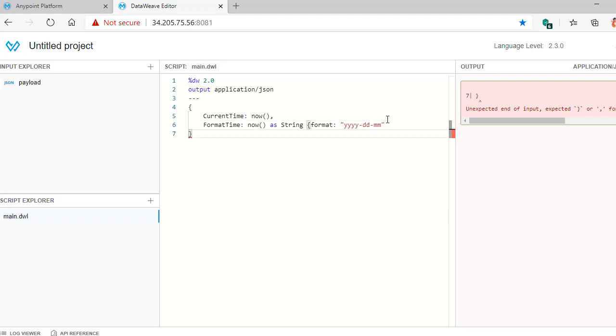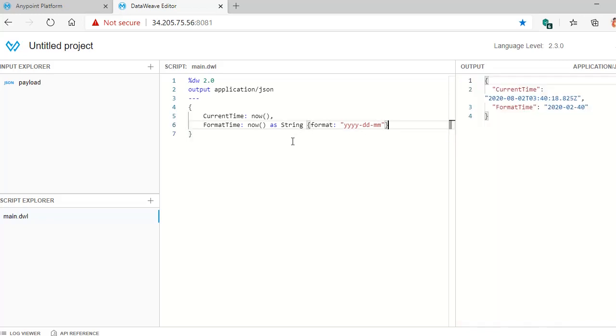So I need to get this date in year, month, date format. See, this is the syntax you need to use. Now you can observe the format of time, only date I got. One second, mm is taking milliseconds. You need to use capital MM to get the month. Sorry for that. Okay, see, 2020, this is the year. This is the month. This is how you can actually format your time.